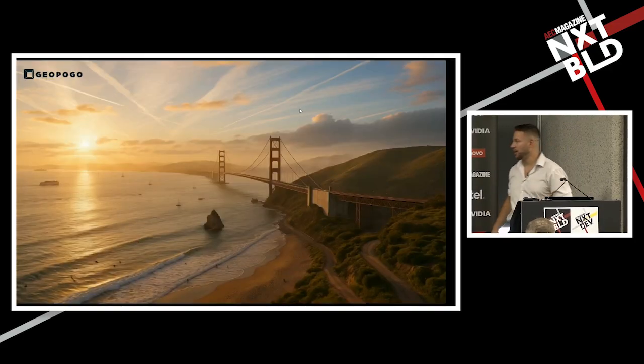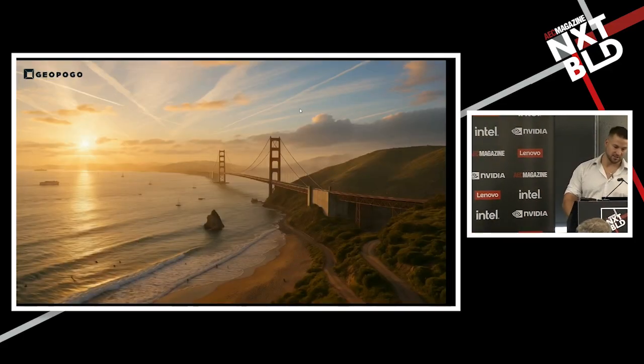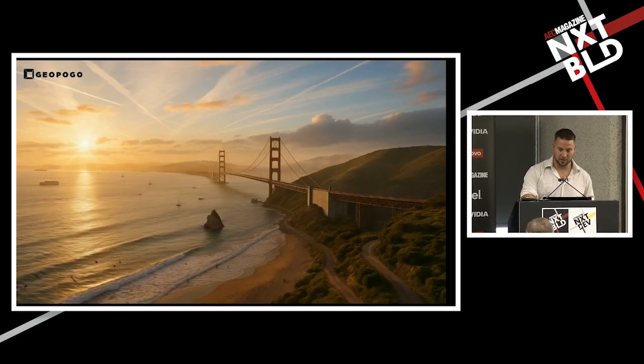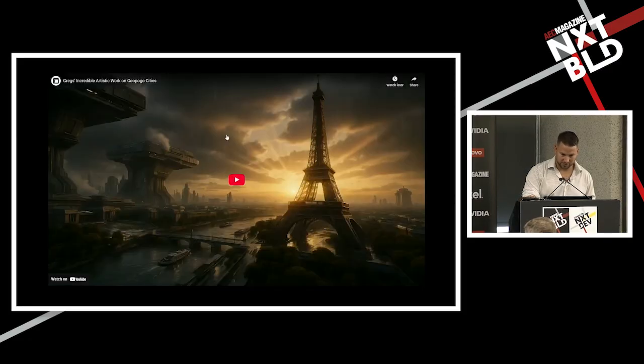And of course, the Golden Gate Bridge in San Francisco, just some very nice contextual scenes. And these are the things that we can do with geospatial data mixed with AI. So let's see here, let's jump in. Okay,